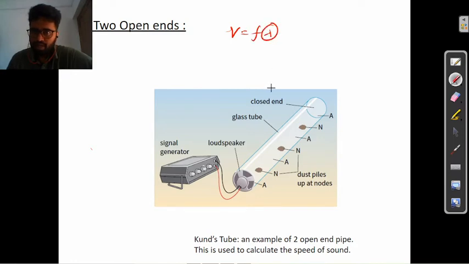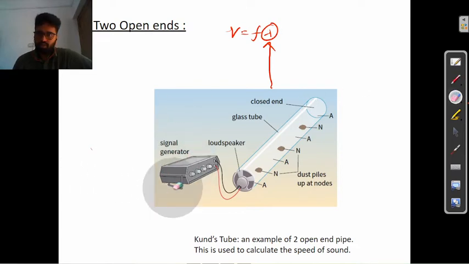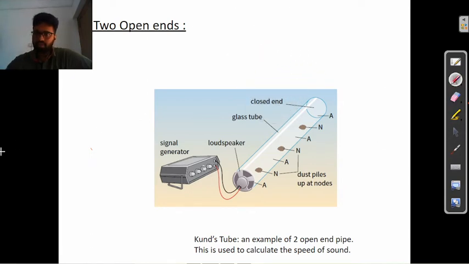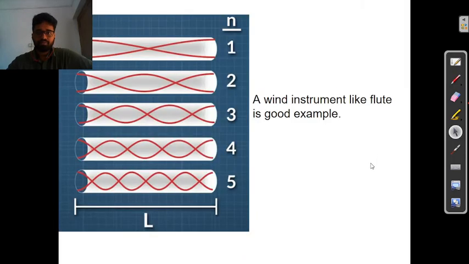We can measure lambda from the experiment, and as we are using a signal generator, we know the frequency, and hence we can calculate the velocity of sound. So this is your first possible scenario: two antinodes at both the ends